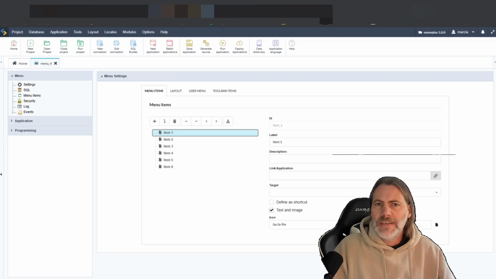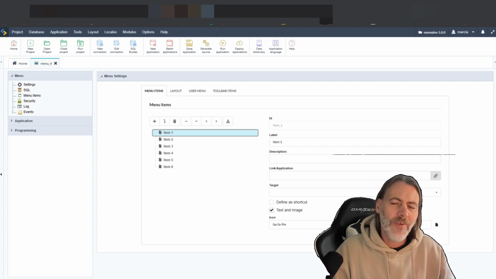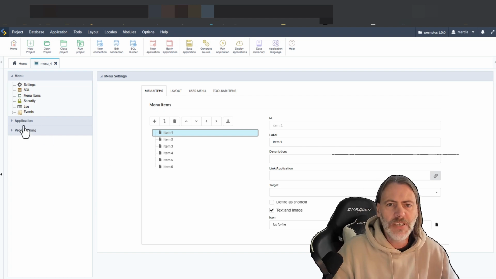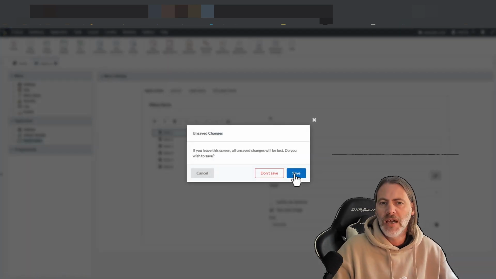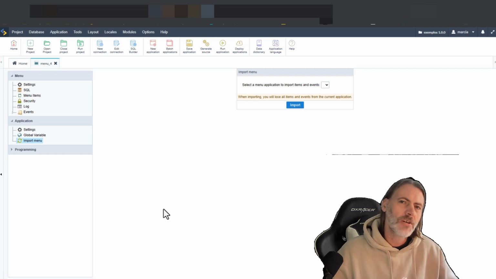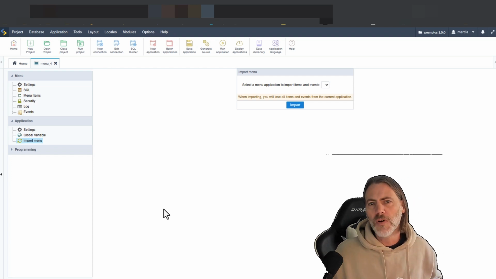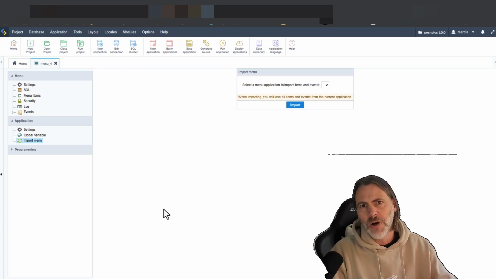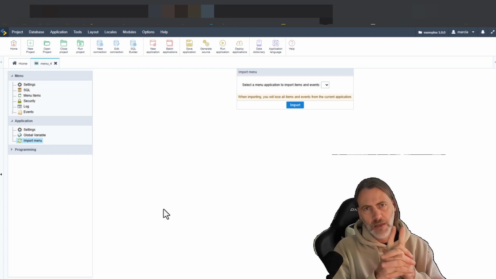But wait, before we finish up, just before I forget, of course, there is one very important addition included within this new menu. And if I come over here to application and then click on here the import menu option, I can then go ahead and import from old menus that I have available within my project. So if you already have your project ready and you want to import all of those menu items, all of those events, those methods, those scripts, whatever you have available within that menu system,